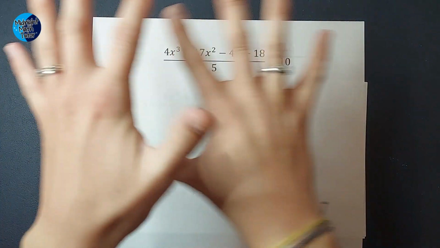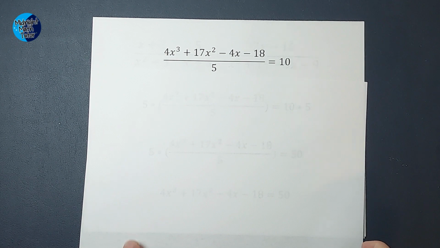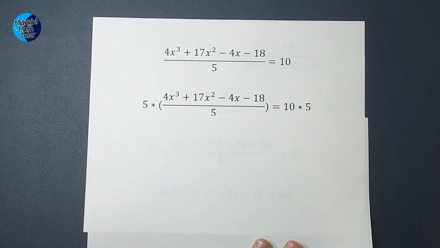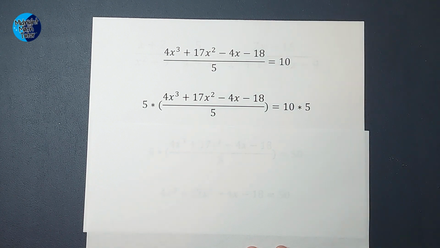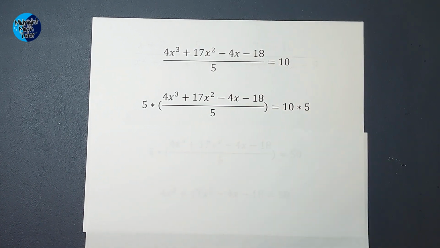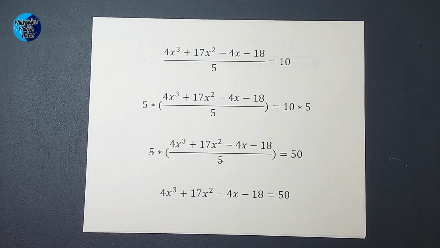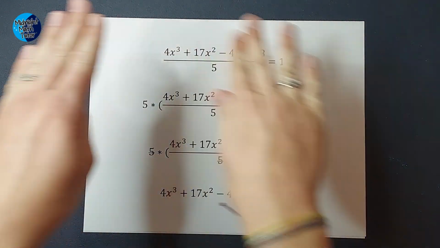Here's this problem with a big old fraction, right? And I'm like, oh, I don't really want to deal with that. So one strategy would be to multiply both sides by 5. As long as I multiply both sides, I'm good. And then the 5's cancel, this turns into a 50, that's fine. And I end up with this guy, which might still be a little intimidating, but the big old fraction is